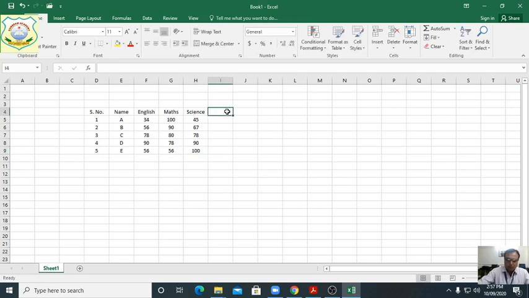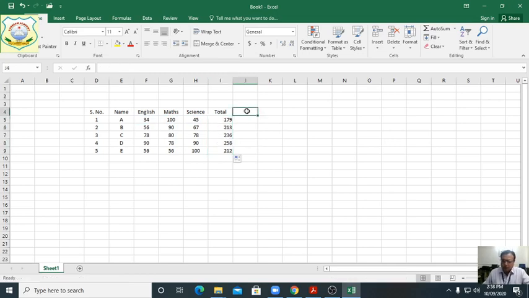Now we want to total them. We will write here total. Students, we did this in the previous class, but again I am telling how to use the auto sum. First of all, where you want the total, you write total there. Make that cell active, then go to auto sum, the sum function. Automatically it has taken all the numbers. Now press enter. See here, we are getting 179. And now drag it down.